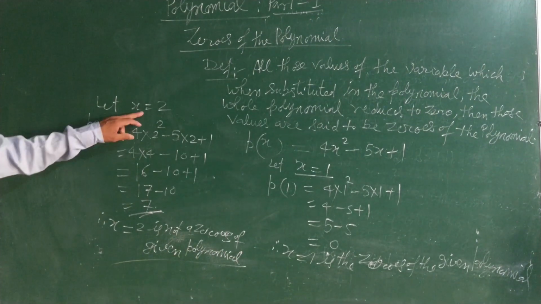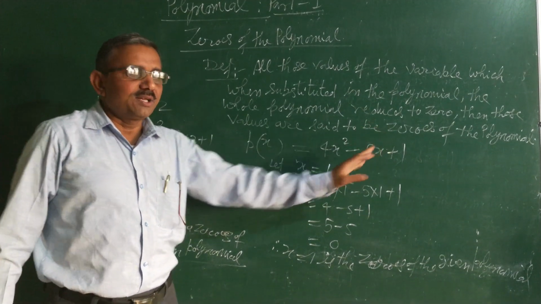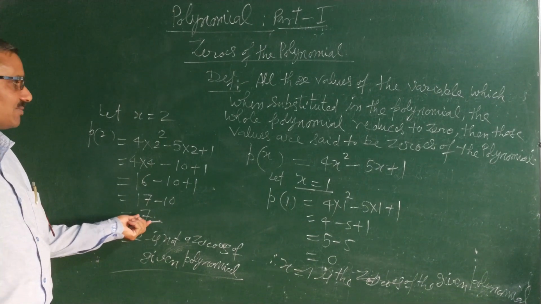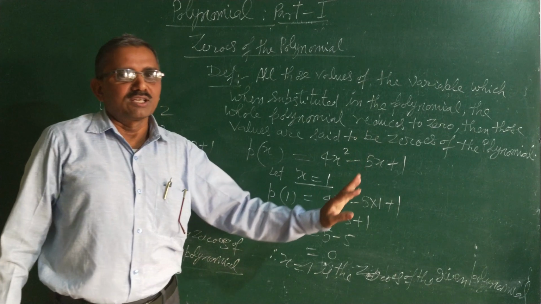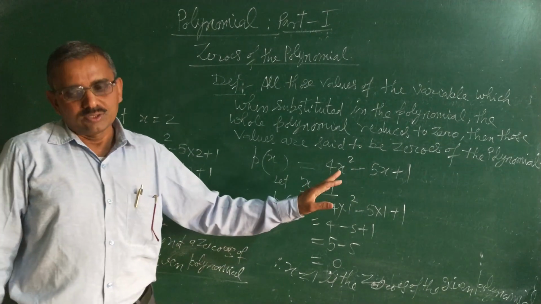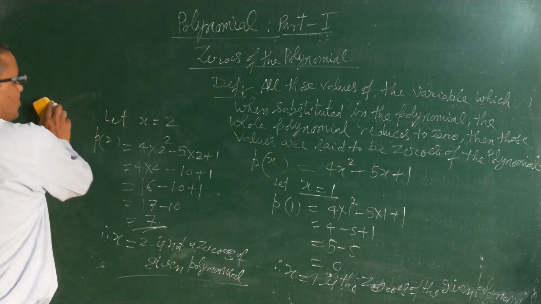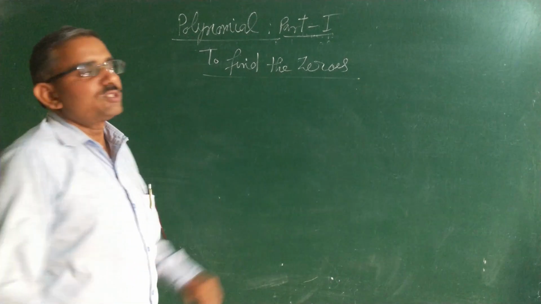इसका मतलब हुआ x इक्वल टू 2 इस पॉलिनोमियल 4x स्क्वायर माइनस 5x प्लस 1 में रखने पर इसकी वैल्यू अंत में आ रही है 7 रिजल्ट। इसका मतलब हुआ x इक्वल टू 2 इस 4x स्क्वायर माइनस 5x प्लस 1 का जीरोस नहीं हुआ। इस तरह से आगे हम कैसे जीरोस निकालेंगे, हाउ टू फाइंड द जीरोस।